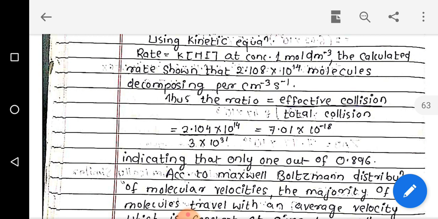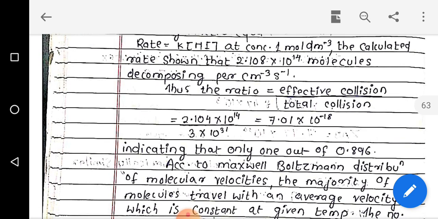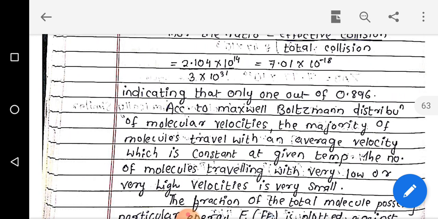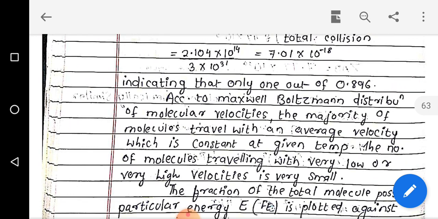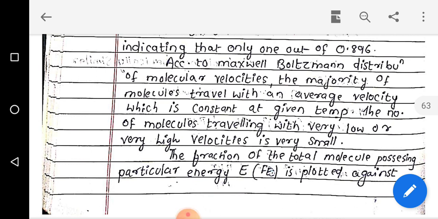So thus the ratio is equal to effective collisions divided by total collisions, which is equal to 2.104 into 10 to the power 14 divided by 3 into 10 to the power 31, which is equal to 7.01 into 10 to the power minus 18. So this is the calculating part, and the calculations of the above equations indicate that only one out of the 0.896, according to Maxwell-Boltzmann distribution of the molecular velocities, the majority of